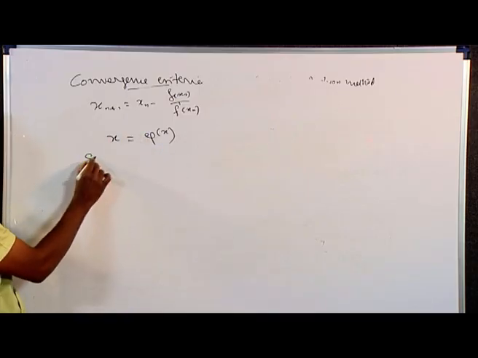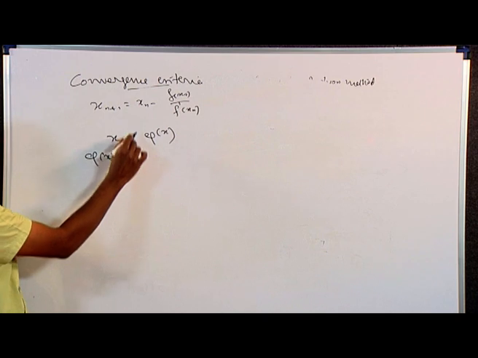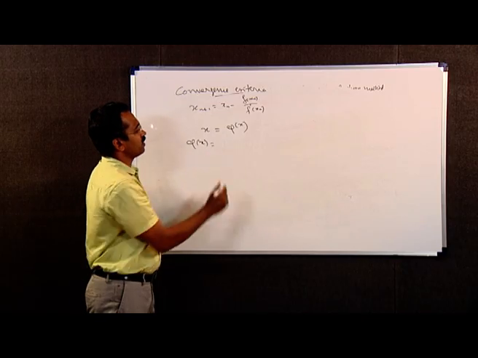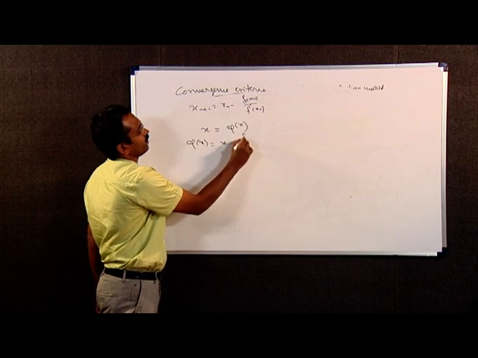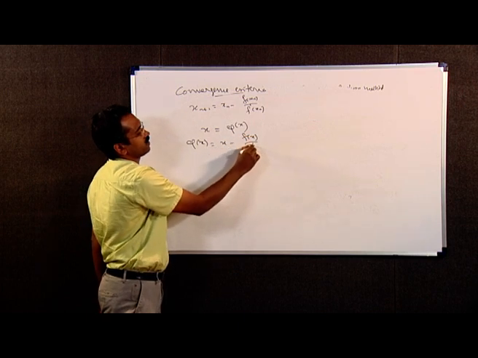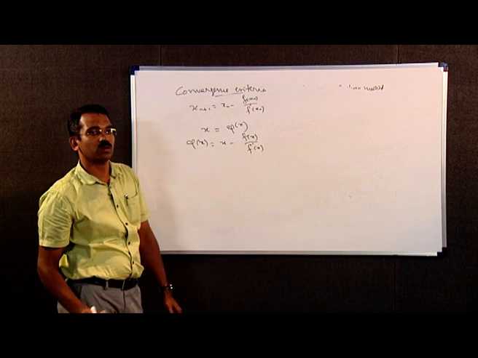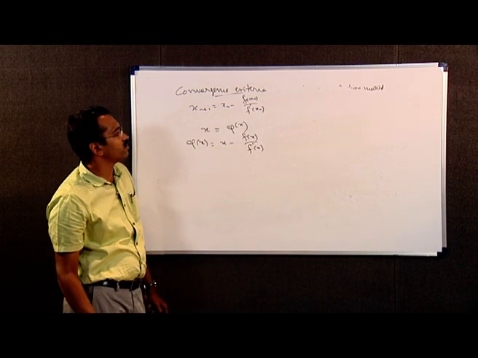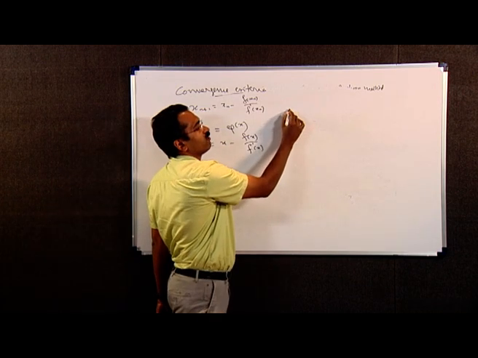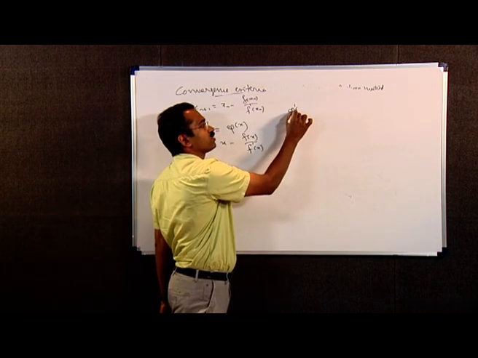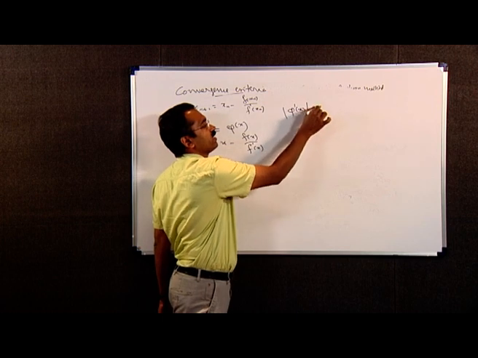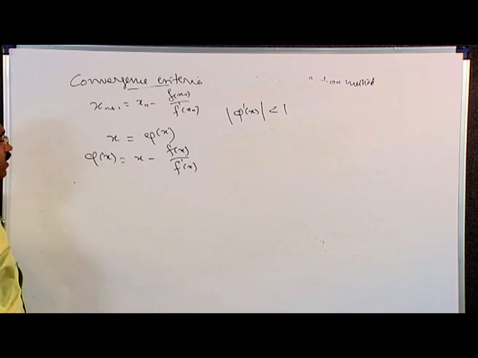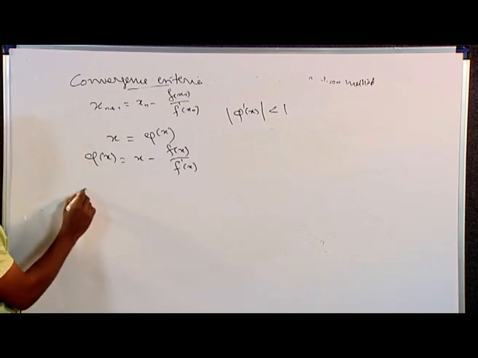Here phi of x is equal to x minus f of x divided by f dash of x. For fixed point iteration, the convergence criteria is modulus of phi dash of x is strictly less than 1. That is, here phi dash of x is equal to